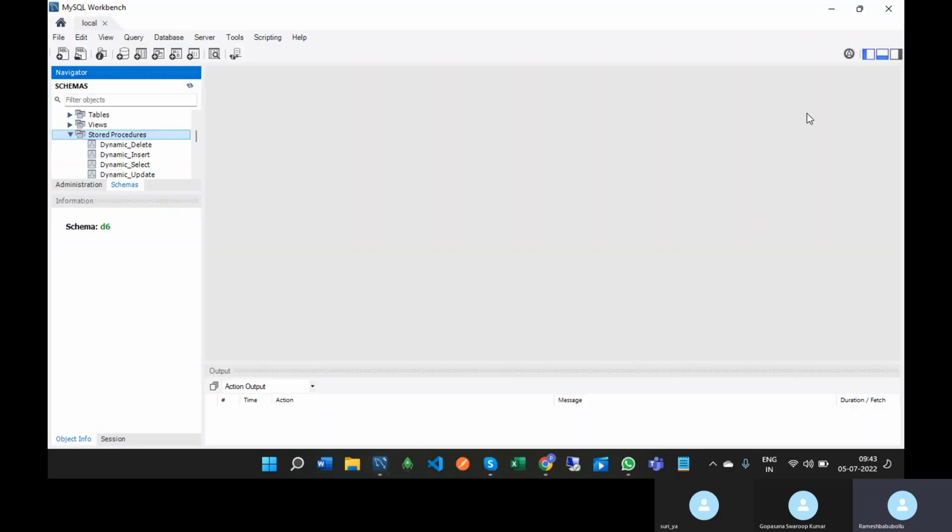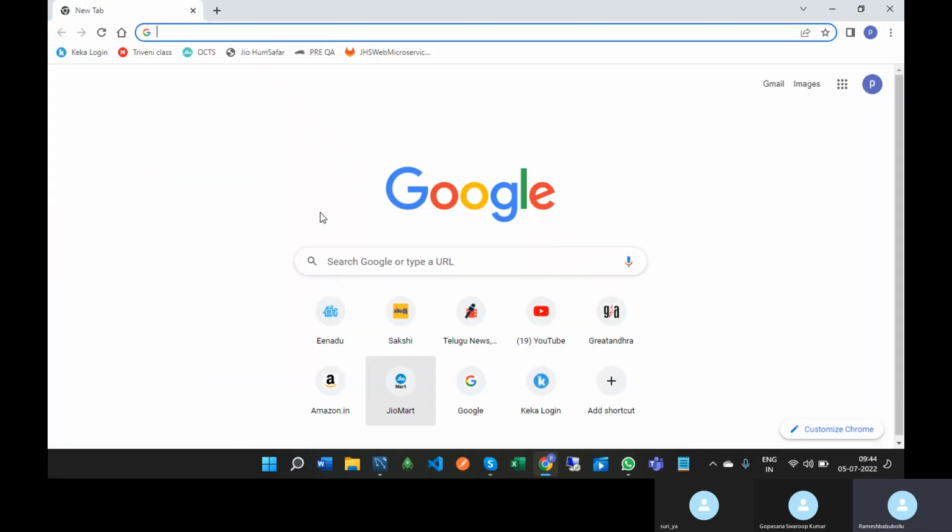Okay, so in this session we will discuss what to do if you have a JSON array or object. If you have a JSON array as a parameter to the procedure, how do we handle it and how do we insert that JSON array into the table? Okay, so first of all, JSON array means